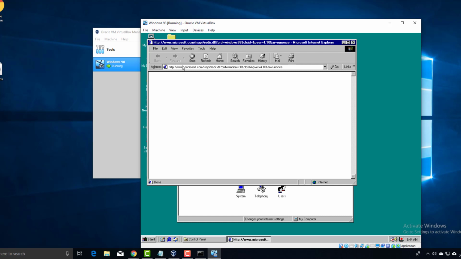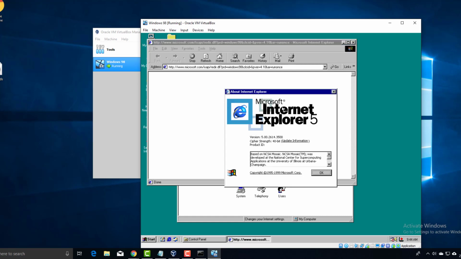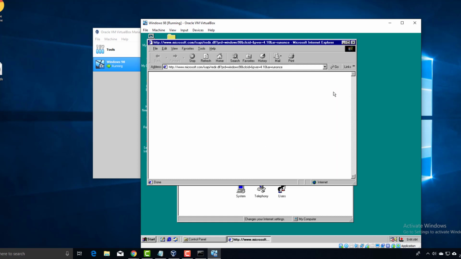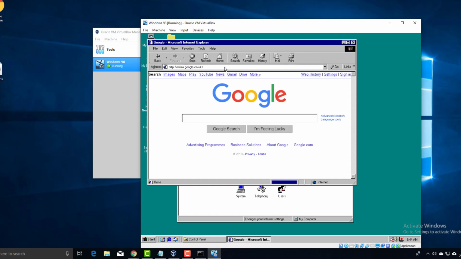Now this Microsoft page is not compatible with Internet Explorer 5, which is what's installed by default here. Now I know for a fact you can get Google to work, so we know we're connected to the internet. That's absolutely fine, but I will say at this point that browsing the internet on a Windows 98 computer is